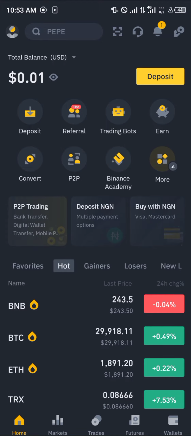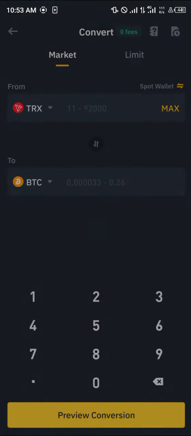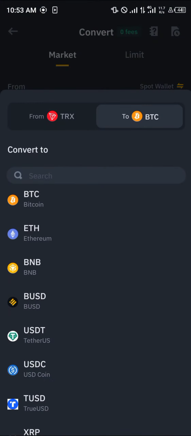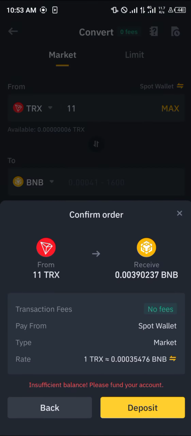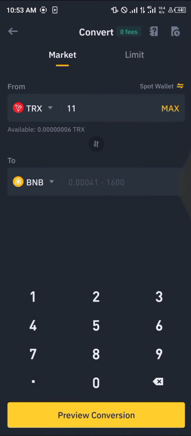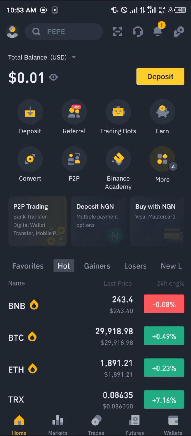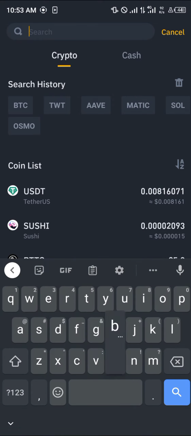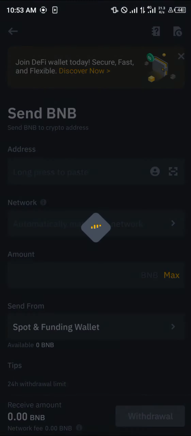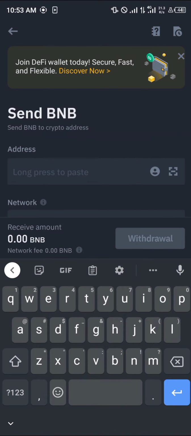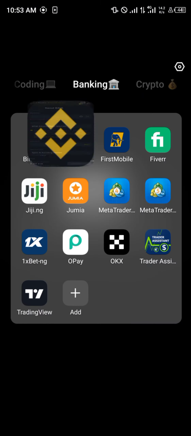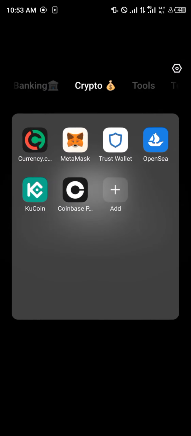Once you've deposited, simply click on this convert here and convert your token or asset into BNB. So let's say you deposited Tron, and 11 Tron is going to give us 0.039 BNB. So once you've converted, click on this wallet, click on withdraw, and simply withdraw your BNB by searching for BNB, and withdraw your BNB here by pasting your address and making sure the network is on the BEP20. And that's all. So guys, once you've deposited your BNB on your MetaMask,